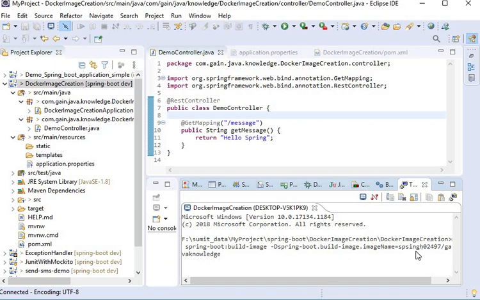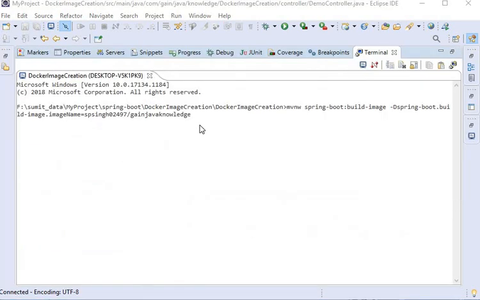And the build image process started, and it will take time.